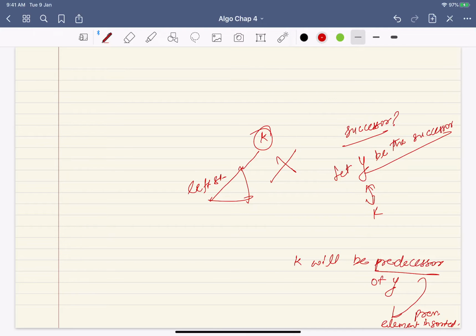So k will be the predecessor of y. And where will k lie? k is smaller than y, so k will lie in the left subtree of y, and it will be the maximum element.